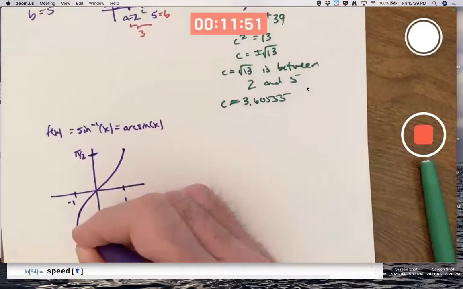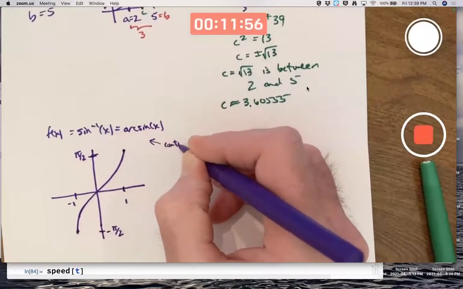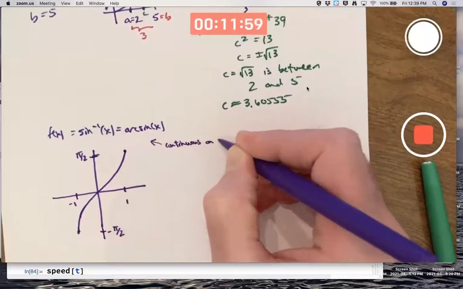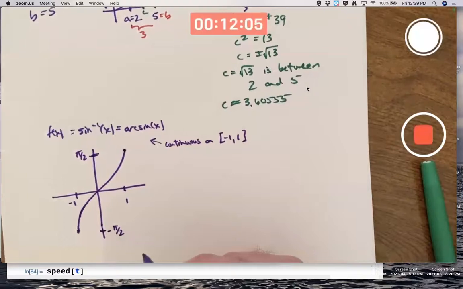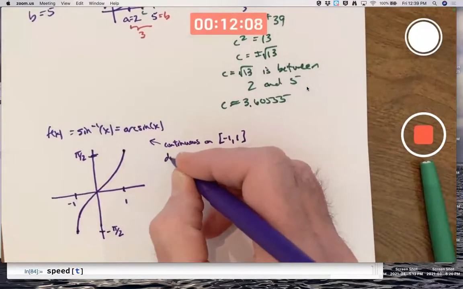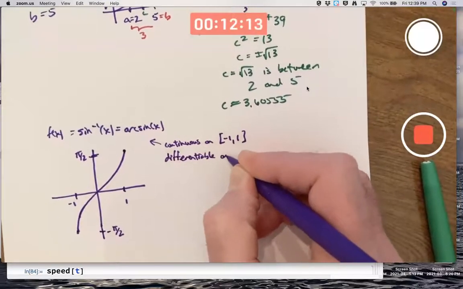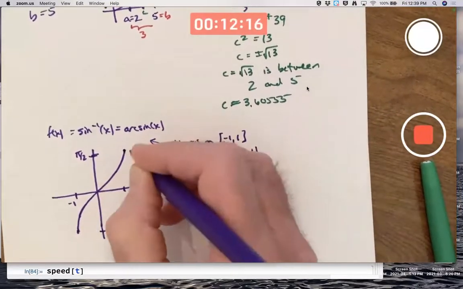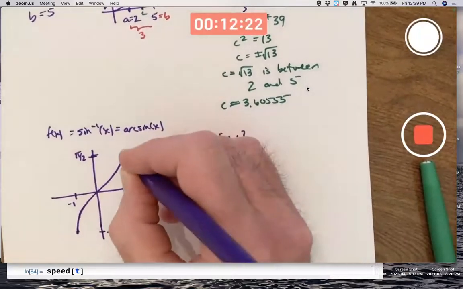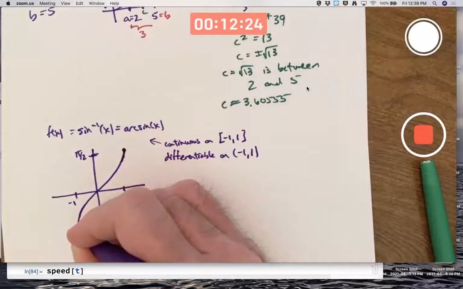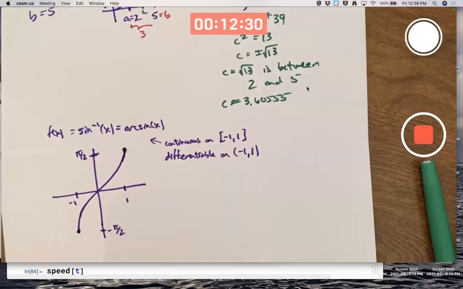And it turns out this function is certainly continuous. This is continuous on the closed interval from -1 to 1. But it's not differentiable at the endpoints. It's differentiable on the open interval and not at the endpoints, because at the endpoints, I didn't draw it perfectly, but there are actually vertical tangent lines. The tangent lines, as you approach the endpoints, approach vertical and approach infinite slope,